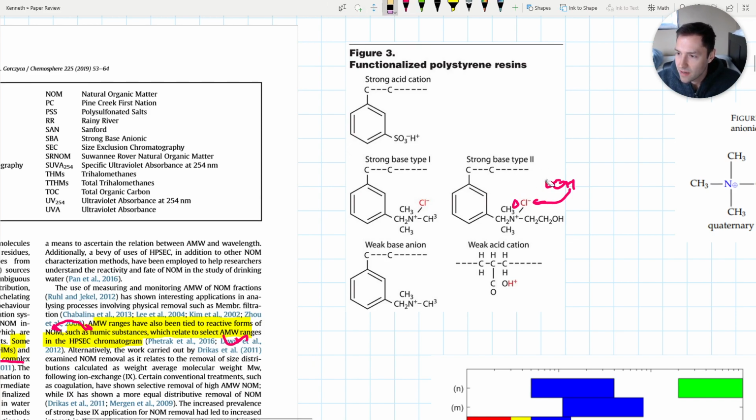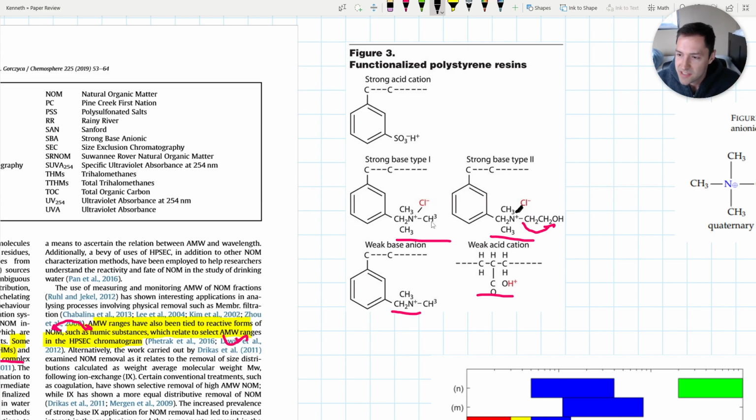Depending on whether you have a strong base or a weak base, all they do is change the substitution here, based on whether these terminal groups are electron donating or electron withdrawing. For example, this OH minus here is very electron withdrawing, so it's going to draw electrons away from this, I think that's an amine group, right? So it's going to make this bond here very weak, very likely to break and exchange with something that's passing